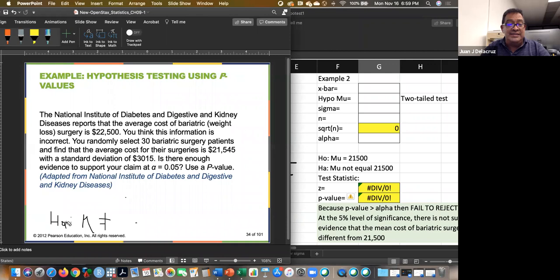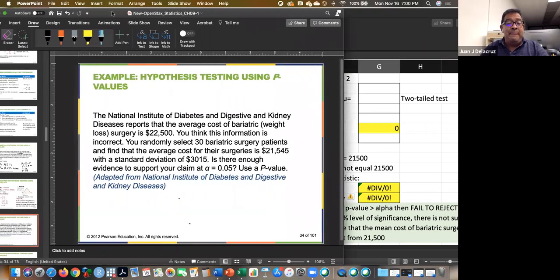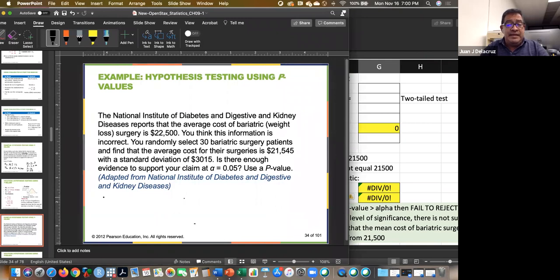So we have a second case that we can use to do the hypothesis testing. Here it says the National Institute of Diabetes and Digestive and Kidney Diseases reports that the average cost... So once again, H sub 0 with H sub A. So we have the two hypotheses. I am noticing that they want the average cost, so the mean cost of this